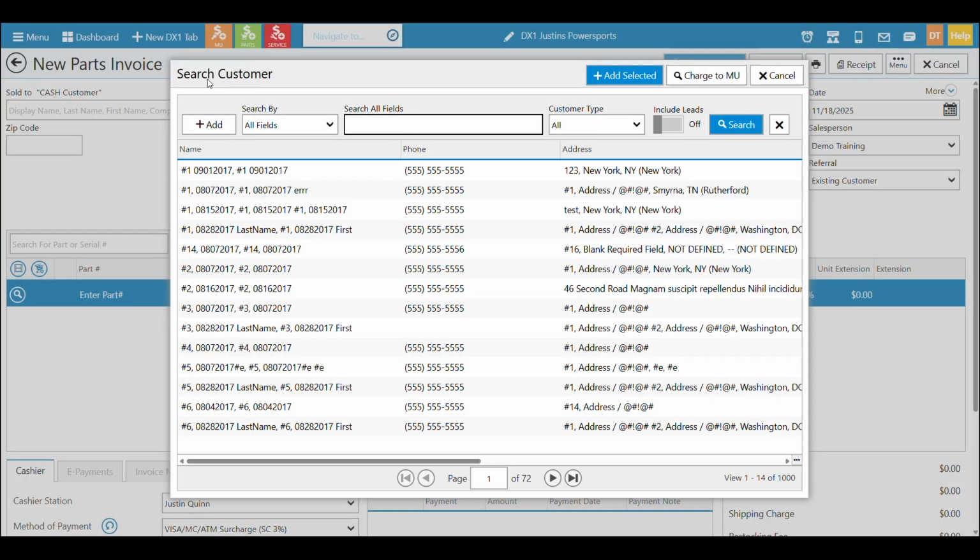If I do that, it's going to pull up a search customer list where I can search by many things in here. All field search means it'll look for all these things in one type. Traditionally in a lot of systems, you didn't have something like that. You'd have to say search by name or search by phone number, which you can still do. But if you use all fields, it's looking through all of those records in that drop down.